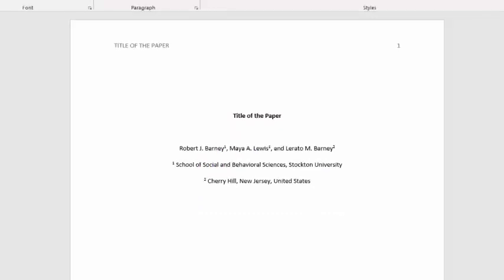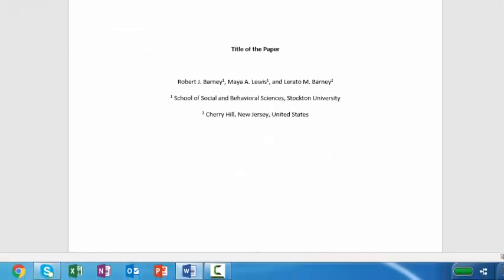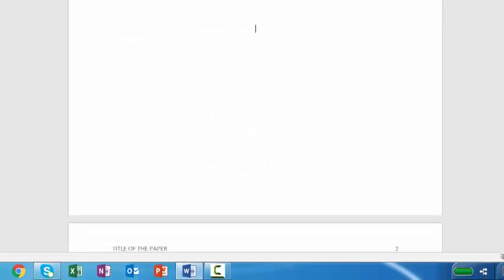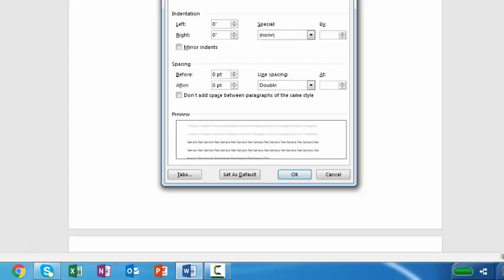After the title of my paper, the authors, and the author affiliations have been provided, I can include what's known as an author note. This is included down towards the bottom of the page. The author note needs to be centered and bold, while the notes themselves should not be. They need to be flush to the left